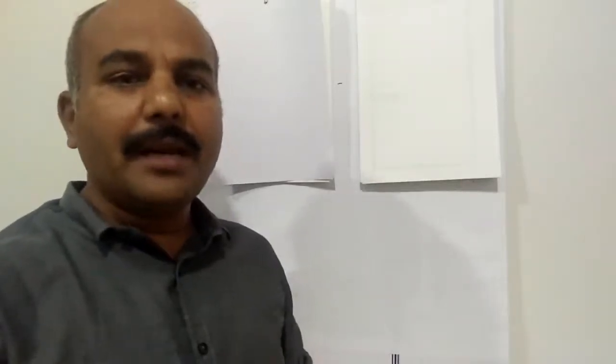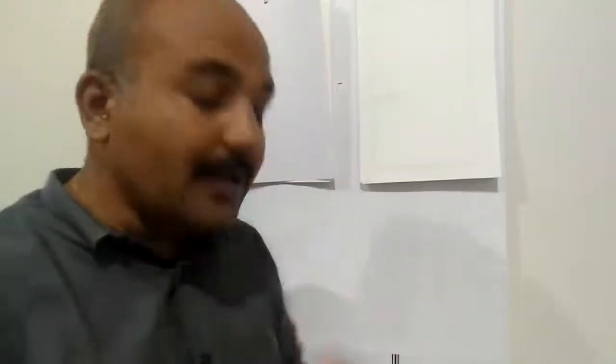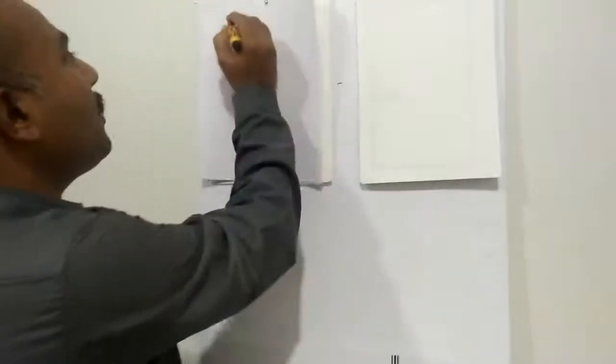First, before going to the matrix notation for symmetry elements, we must have some knowledge regarding the matrices. So first we will go for the definition of the matrices and the types of the matrices. Then we will go for the matrix notation for the symmetry elements. So what is a matrix?